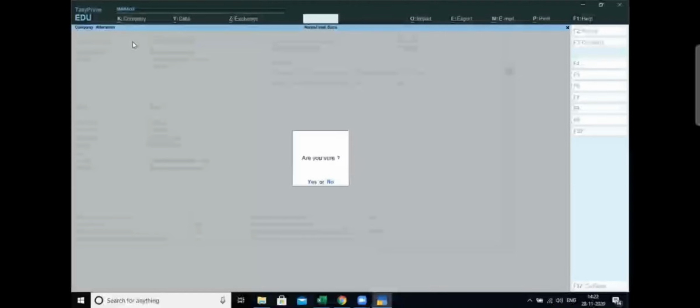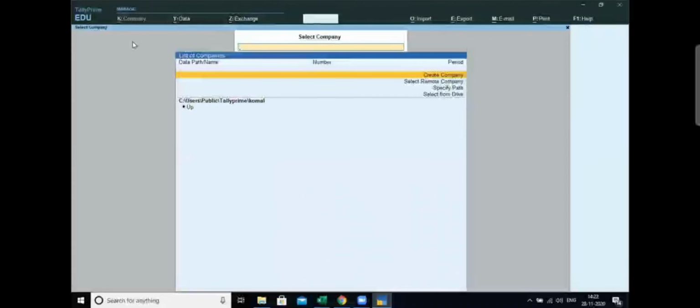Press Y over here and you will be able to delete your company. Now this shows that in this path, that is C drive, users, public, Tally Prime, Komal, there is no company left in this folder.